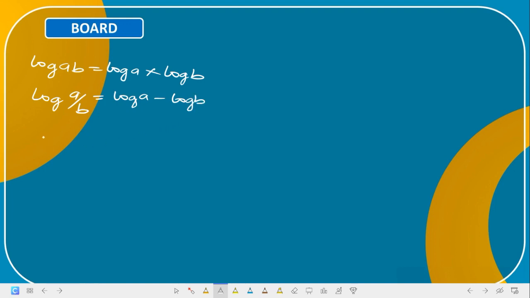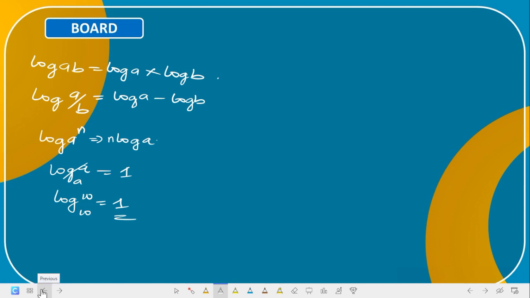That is the meaning. Now, if you have log a raised to the power of n, what this means is the n will come back, so you have n log a. Now, if you have log to base a of a, this will cancel out to give us 1. So in that vein, if I have log 10 to base 10, this will be what? 1. Are you getting it now? So these are the various laws of logarithm. This is called the multiplication law, the division law, and the power law.